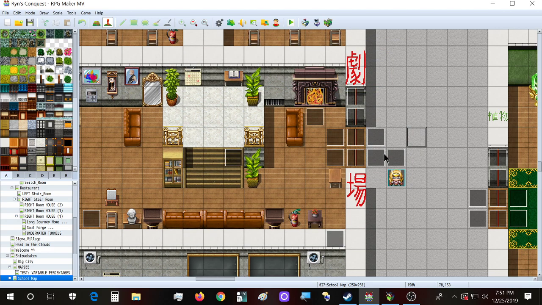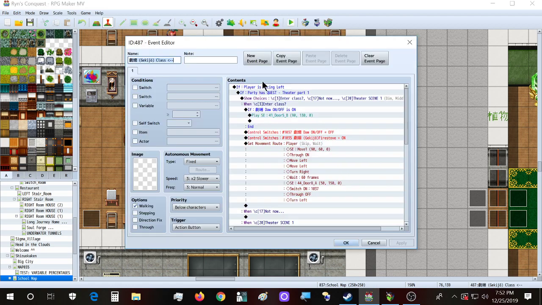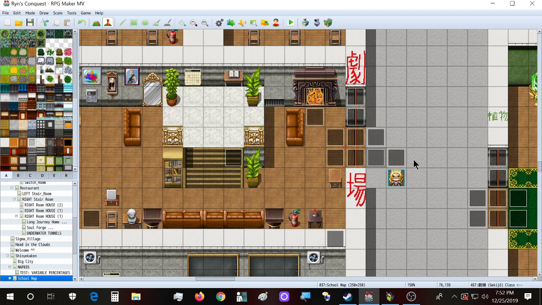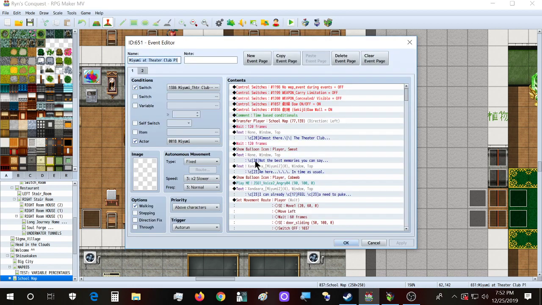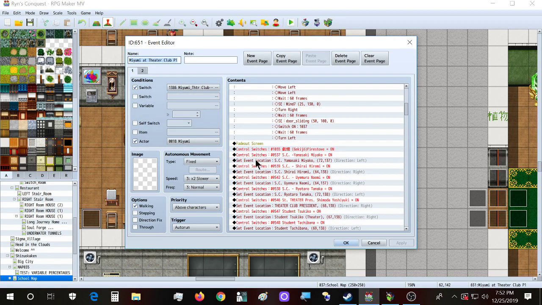So, map bound events. These events are, as their name says, bound to the map. So for example, I have an event here that allows the player to open these doors and enter. They will turn back, close the doors, and then face towards the room. So these events, when you put them on a map, they will remain there fixed and they will not change their position unless you choose so, which is something like, for example, in here, set event, and